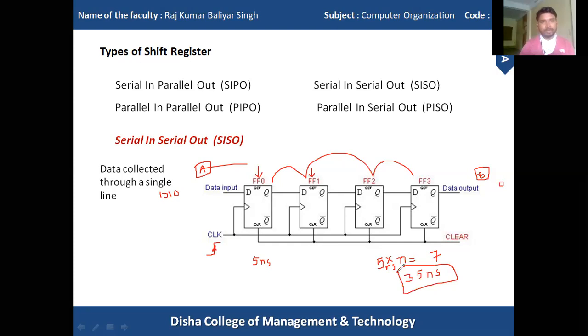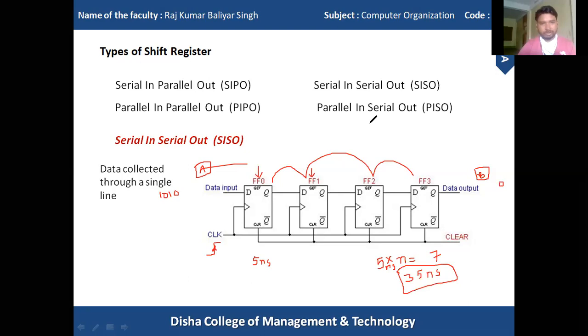In different kinds of shift registers, some have more propagation delay than others. In some shift registers the propagation delay is very negligible, like in the parallel out shift register, where the propagation delay is very negligible compared to other types.